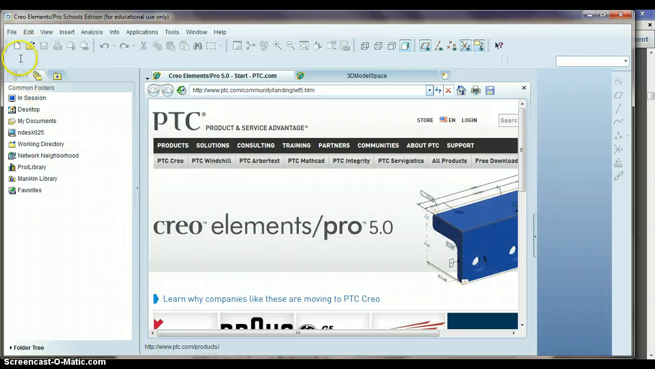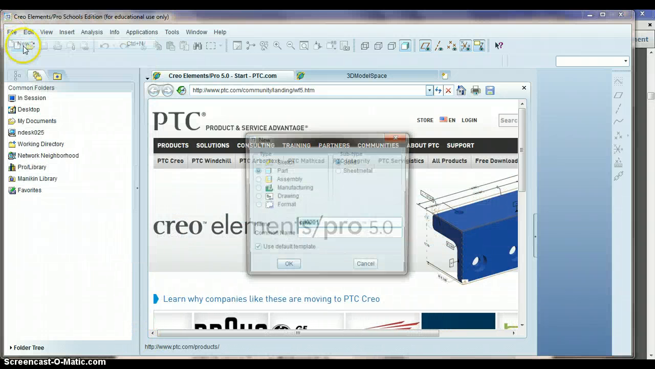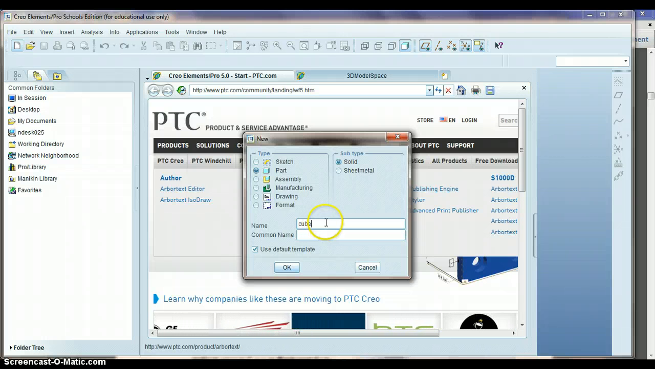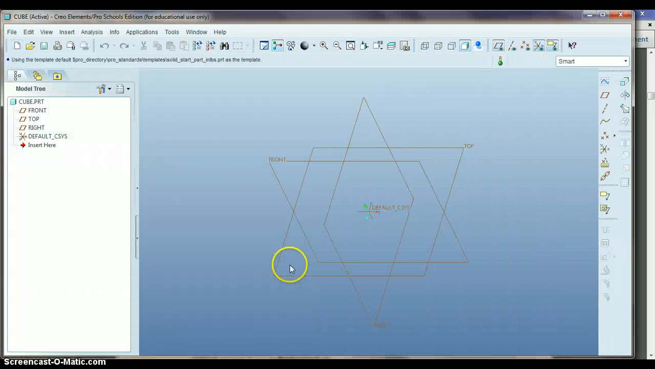Next thing we're going to do is go File and New, and again we're going to have a part. We're going to call it Cube because that's going to be the first thing we're going to draw, and we'll hit OK. Now in the tutorial,